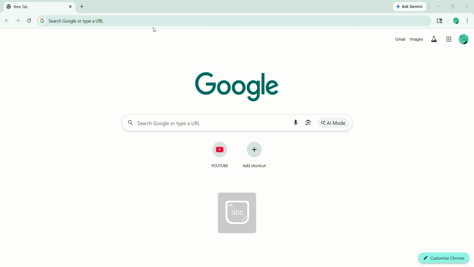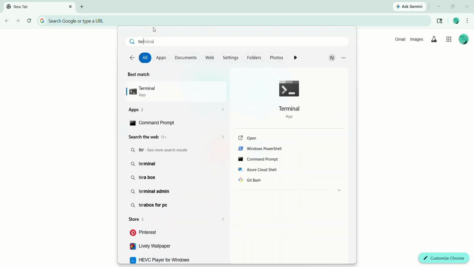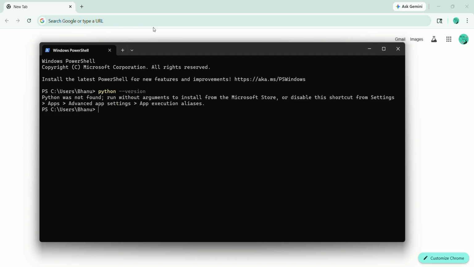your system. To make sure that in my system there is no Python, let's verify that. For that, I just open my PowerShell, or you may call it anything as per your operating system. And what we say this thing in different operating systems, you may mention in comments. So here I just run python --version, and you can find that Python was not found